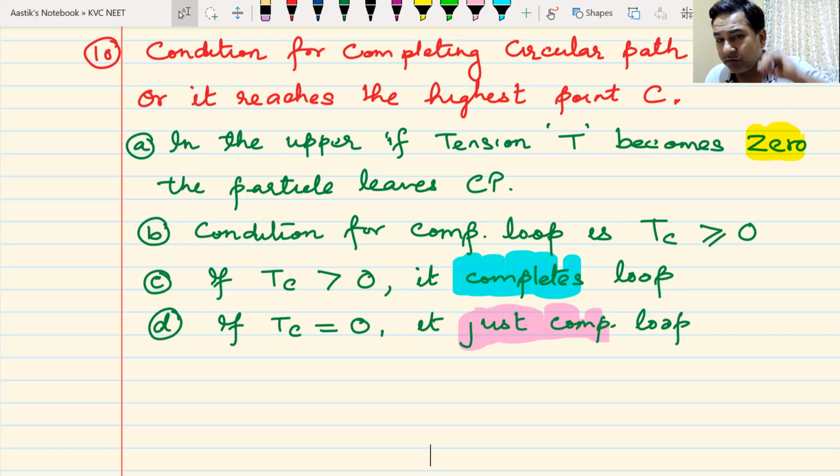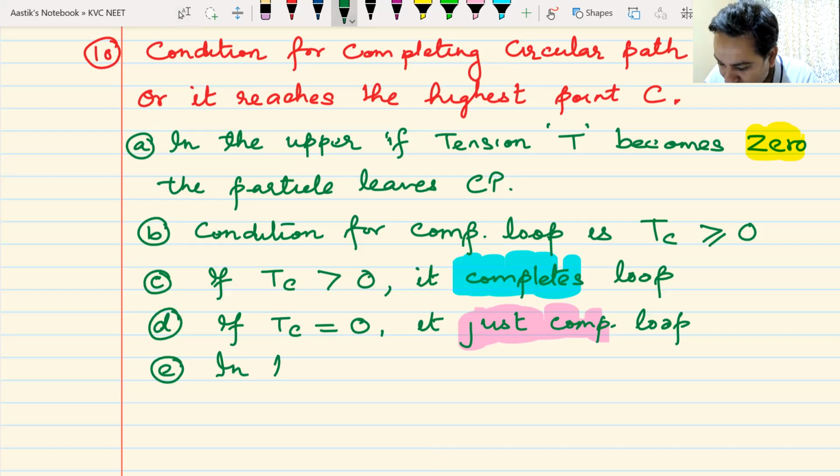If tension T becomes 0, it leaves the circular path. But now we say, sir, what about speed? What if the speed becomes 0? Yes, speed becoming 0. But now we'll write another point that will clear that out in the upper half. And please remember this, in the upper half,